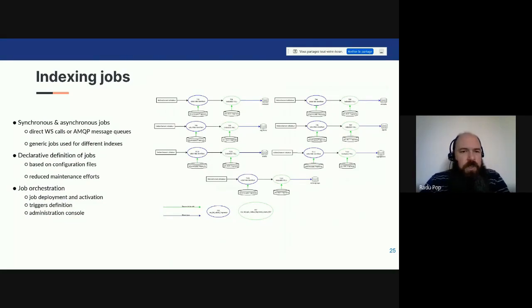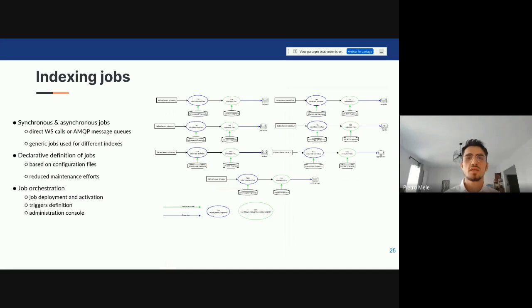So this brings us to the indexing jobs. We have been talking about the data and the transformation. Now we talk about the indexation, which is extremely important as well, as we need an automatic way that helps us to reduce our indexation time. We don't want to start a process manually all the time. We have to index our document.